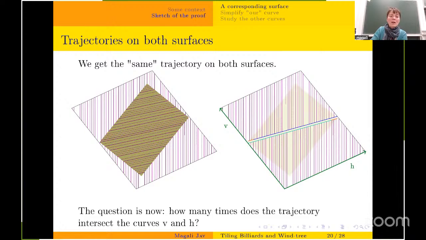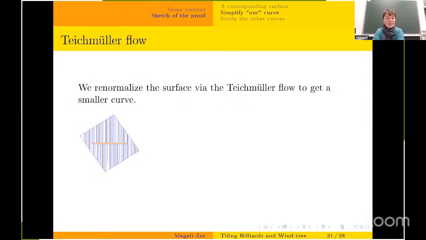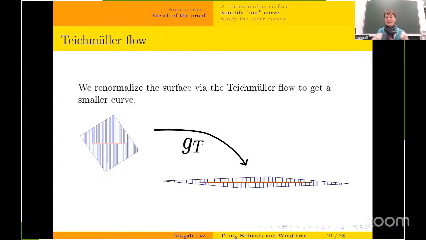bounded. Okay, so to find this, I have an intersection number to count, and the trajectory is very long, so it's possibly a big number. So I will use the renormalization trick. I follow the geodesic flow, and the trajectory is shorter. Okay, until there, the intersection number is the same, so I've done nothing, but now I can cut and paste this